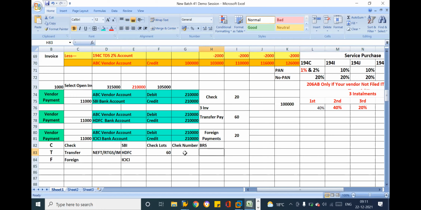How can we do the 60 payments transfer entry? In the general case, what are we going to do? We'll log into net banking. Maybe you have one account or multiple accounts, so we'll select the account. While transferring the funds, if you observe net banking, it will ask from account to account. Then you have to select your